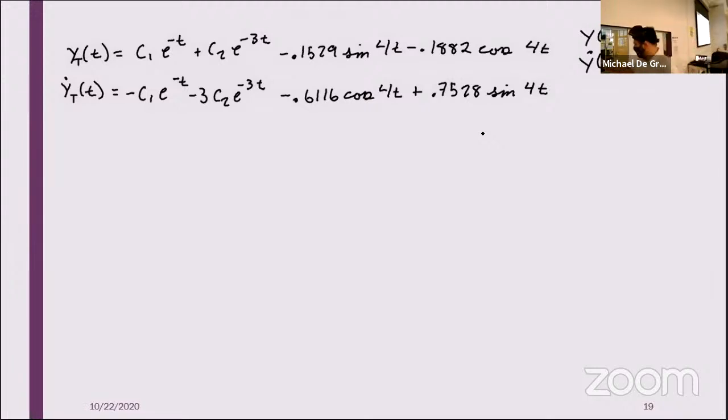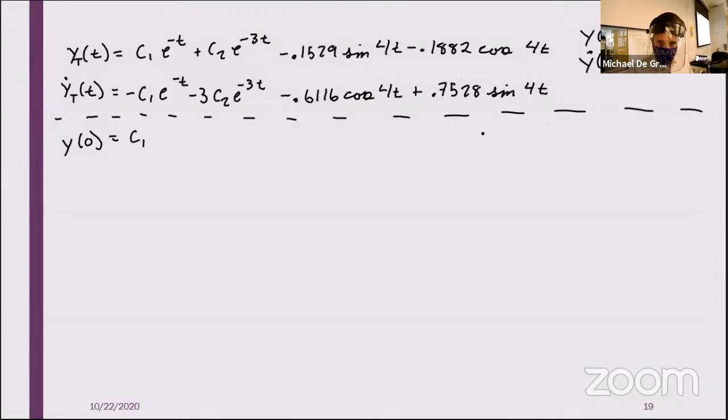It's true, this is a tricky one, right? Because it's got sines and cosines and e's, functions that have specific rules to follow. But if I evaluate these two equations at my initial conditions, y of 0 is equal to C1 e